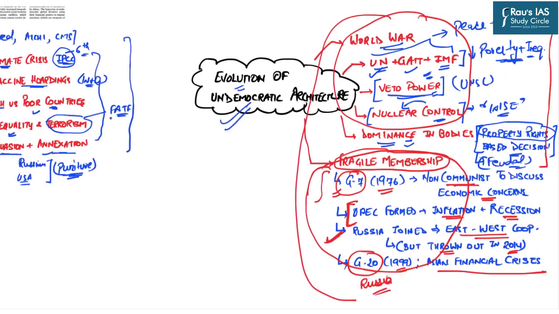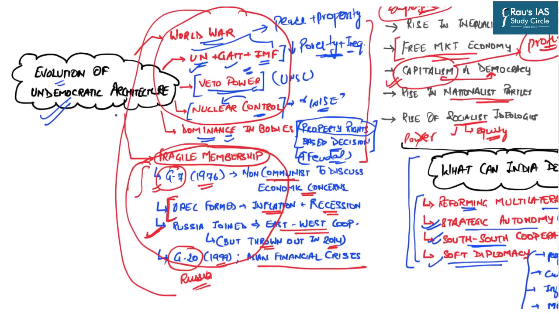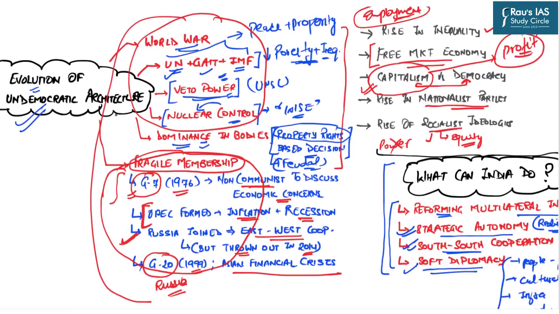Next, we discussed the evolution of the undemocratic architecture in the global power setup. We discussed how, after World War II, various organizations were established in order to reduce poverty and inequality and increase peace and prosperity. But the structure of these organizations was decided in such a way that the power dominance remained in the control